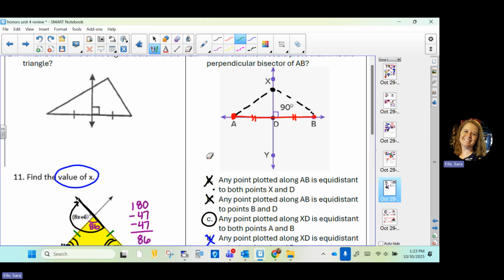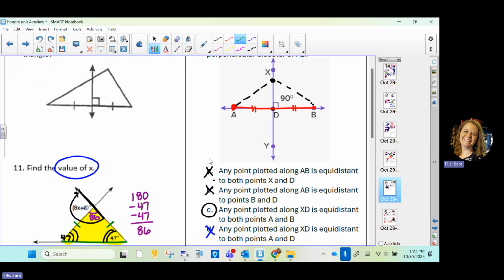And then they already have the 90-degree angle marked. So the statements down here say which one of these would prove that. If you don't know the theorem, you could draw these into the picture and see if they make sense. It says any point plotted along AB. So anywhere on segment AB, anywhere on the red segment, is going to be the same distance to X and to D. There's no way that's correct because look,